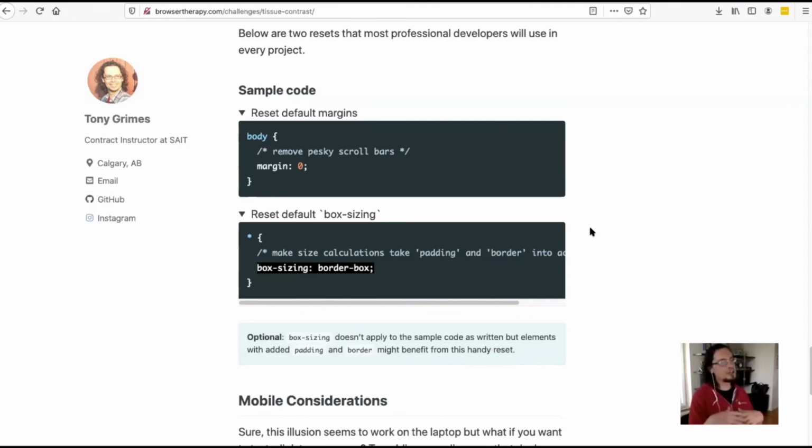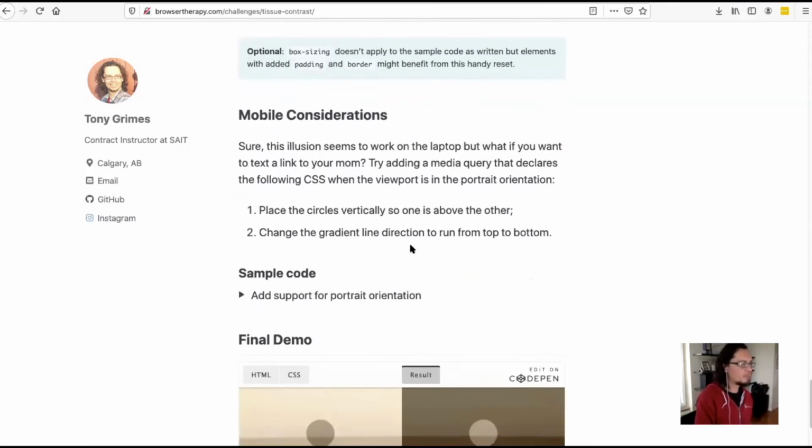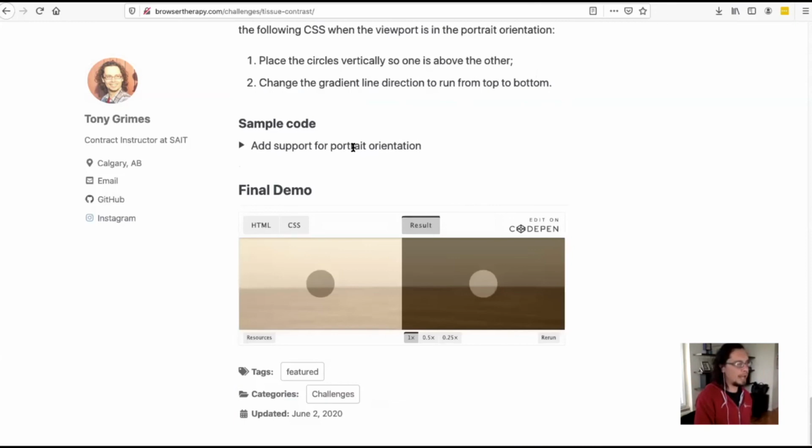But margin is never ever included in the width of an item. That's kind of the basics of box model properties. The width is always added extra. So I'm not going to add that one because it doesn't do anything. It wouldn't change much. One thing I am going to do though is I'm going to add some support for